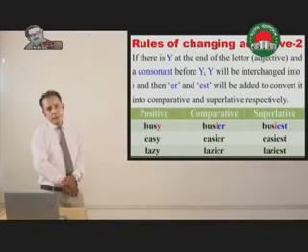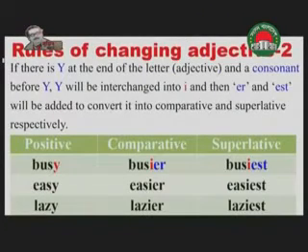busy. Dear students, you can see here an adjective, busy. The last letter is Y, and before Y there is a single consonant S. According to the above rule, the last letter Y will be turned into I. So B-U-S-I, and then E-R, busier, and E-S-T will be added to make it comparative and superlative, right? Okay, fine. Busy, busier, busiest. Easy, easier, easiest. Similarly, lazy, lazier, laziest.